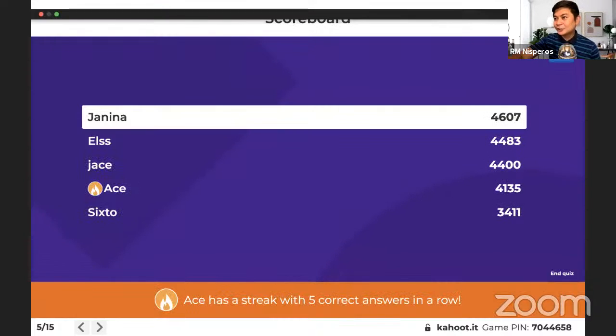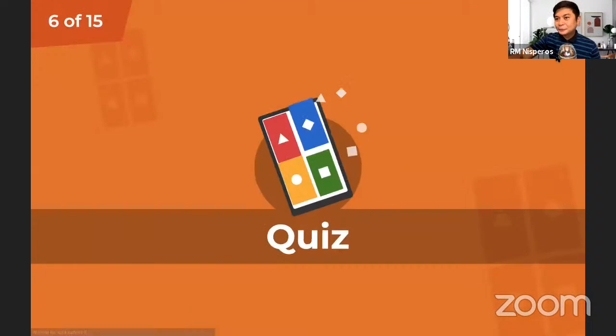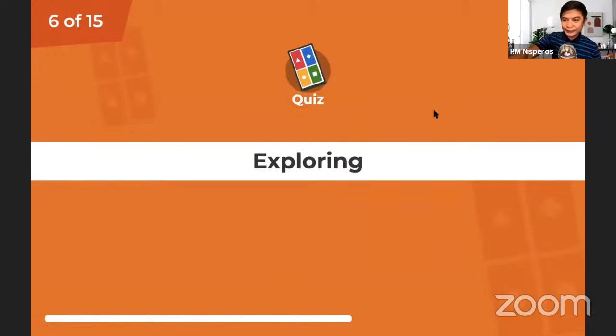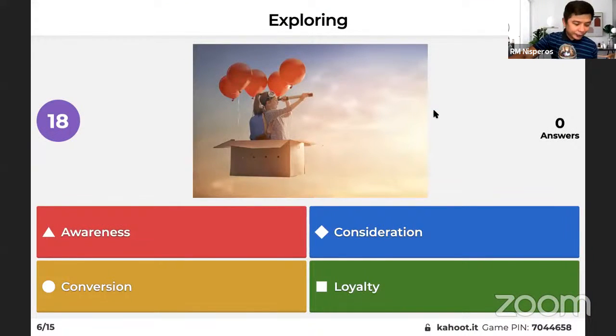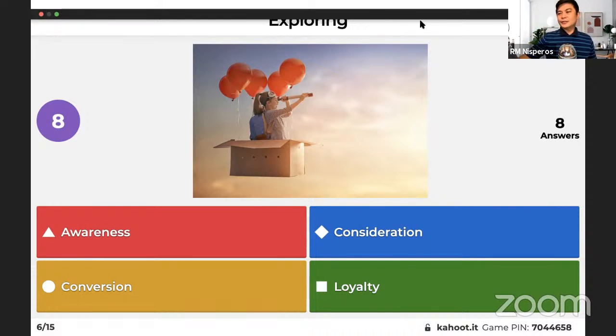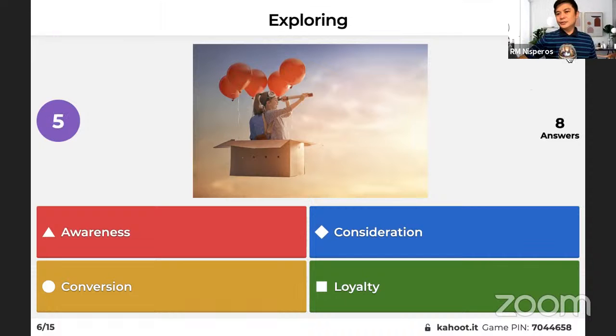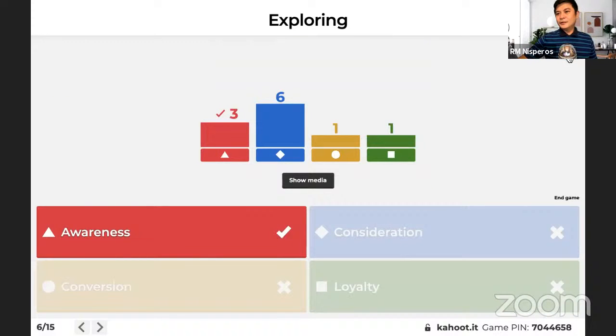Marami pa palang question. So, let's proceed to the next one. Exploring. When people explore, it's in this customer journey stage. Usually it's on awareness because sa consideration kasi you have an interest.